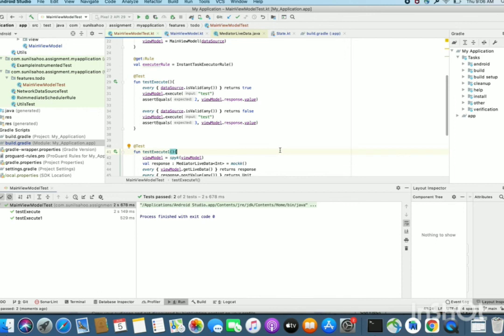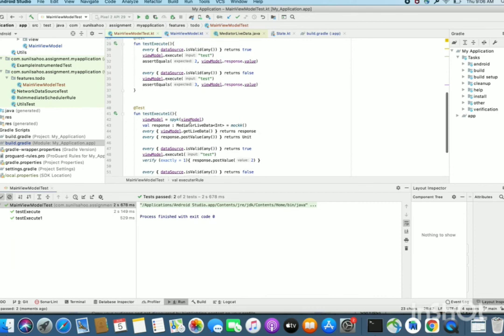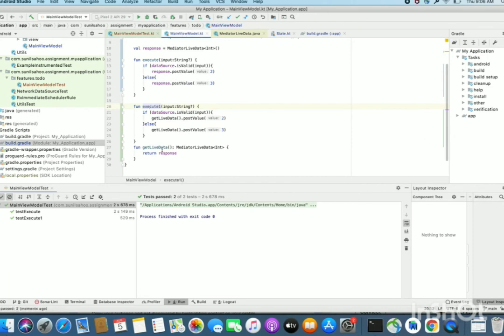So one key thing is that either we need to use the instant task executor rule, or we need to mock the live data like we did here, and for that we have created another wrapper method.